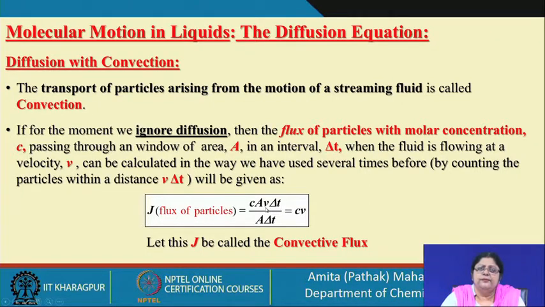So, the length of the volume element will be equal to v into delta t. We have done this a number of times, and the flux will be the number of particles divided by area into delta t. So, if you see, what you get is the molar concentration C, the amount of flux which is moving through the window of area A, into the velocity of the particles which are moving. So, we call this J the convection flux. Okay. If this is the convection flux, then